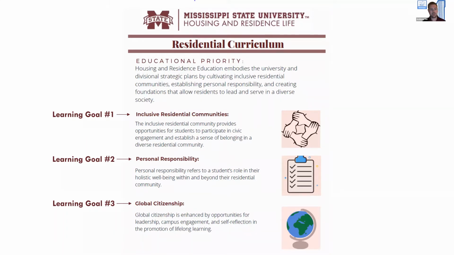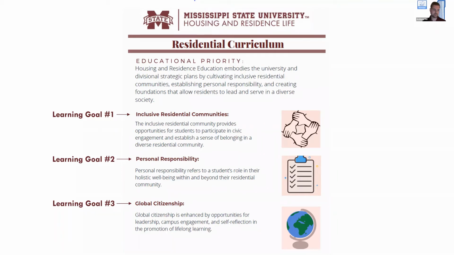Our second learning goal is personal responsibility. This focuses on the holistic well-being of our students, and helping them learn those specific goals and skills that they need to be successful human beings, successful adults, as they are entering the world for the first time out from under the wings of their parents. We want to make sure they're learning and developing as people to ensure that they can take care of themselves